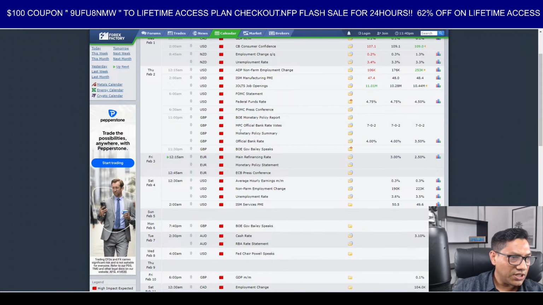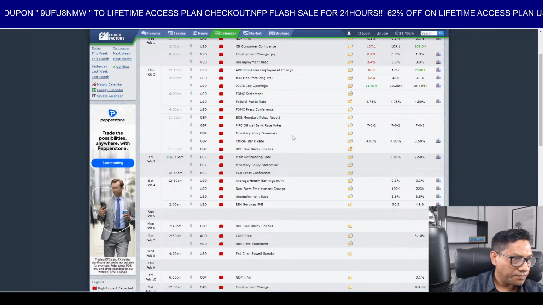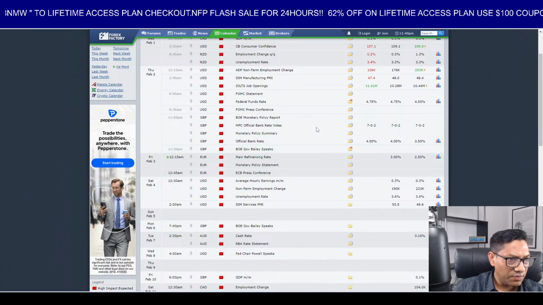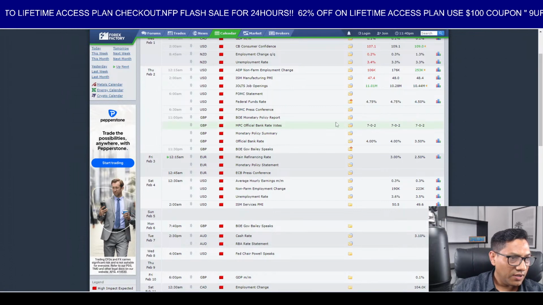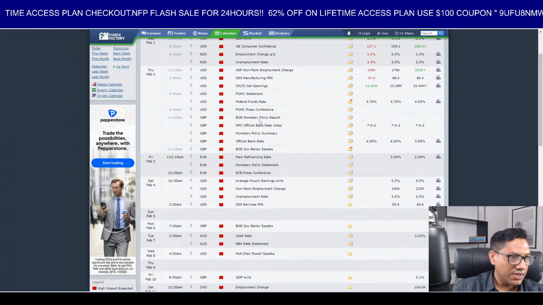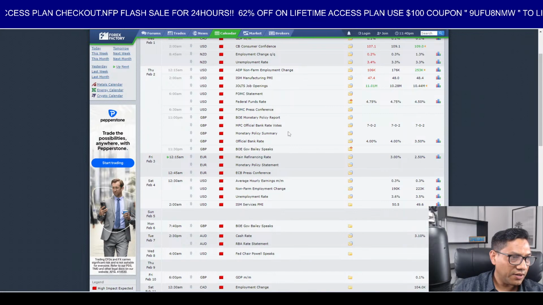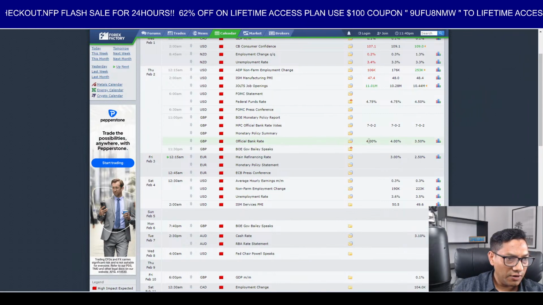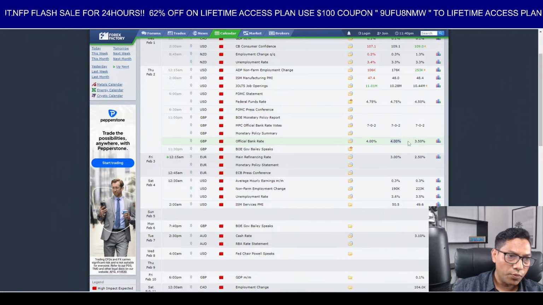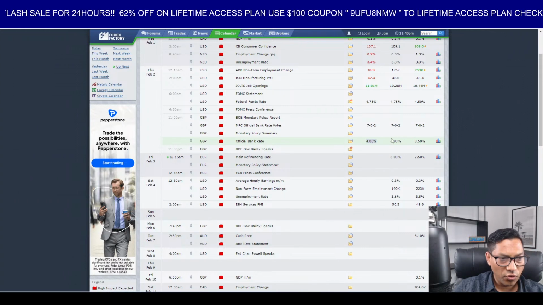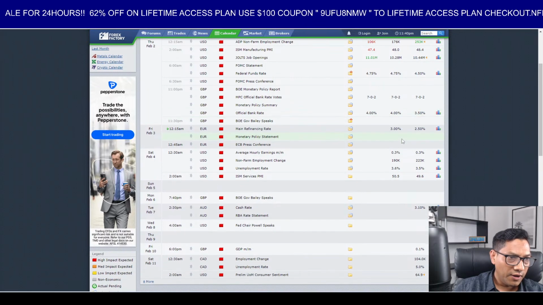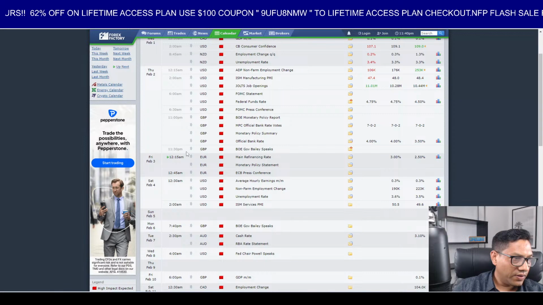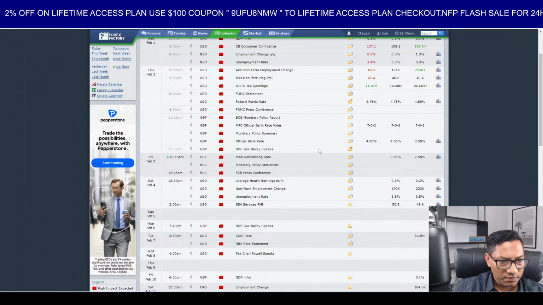So what we see is that some of them are tentative, like you can't find any sensible reason for a change in price here. There's only one. We see the official bank rate, which is 4%. Forecast was 4%, actual is 4%, which is pretty reasonable. That's fine. 11:30 p.m. is also GBP,